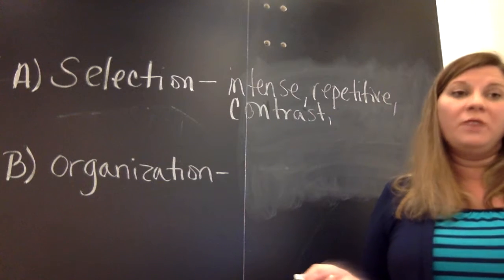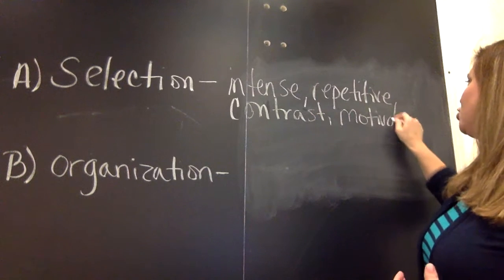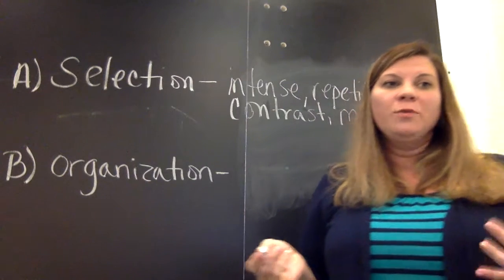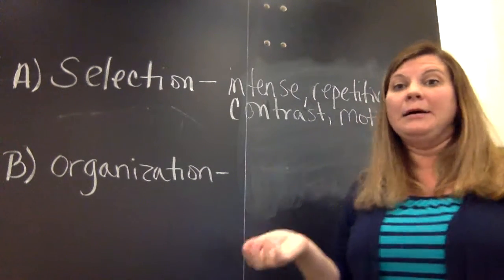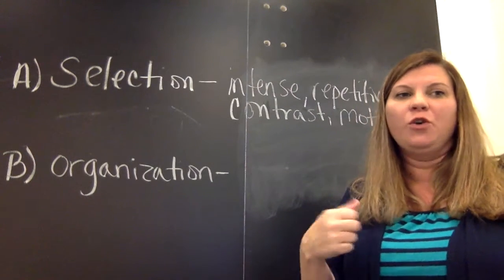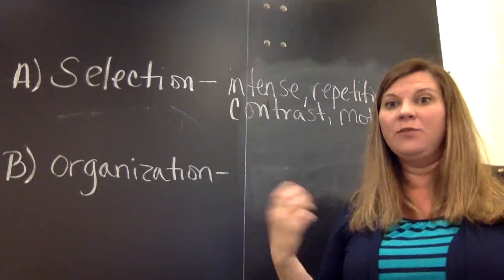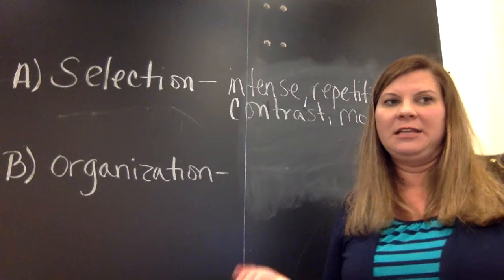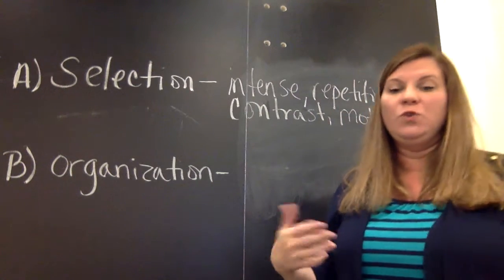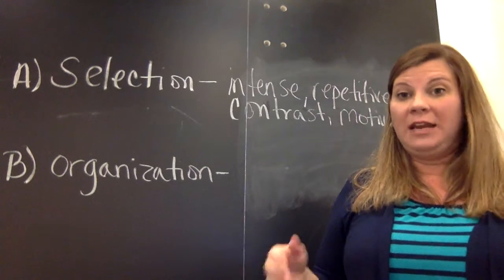And then ultimately, motivational stimuli. These are ones that our own motives tend to drive. So with motivational stimuli, you're really thinking about what your motivation is and why that's standing out specifically to you. So for instance, if you're anxious about a date, then you tend to notice clocks or time. If you're running late, that tends to be something that stands out for you. If you're looking for a potential mate, then you tend to notice eligible people. That tends to be something that stands out for you that may be different from what's standing out for your